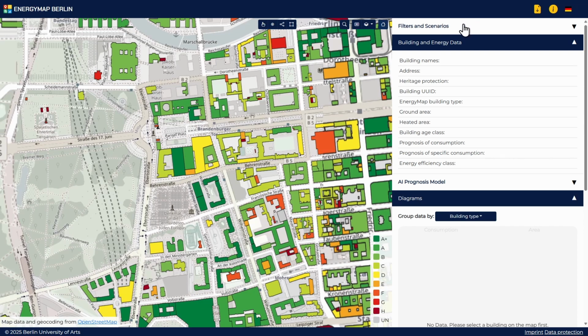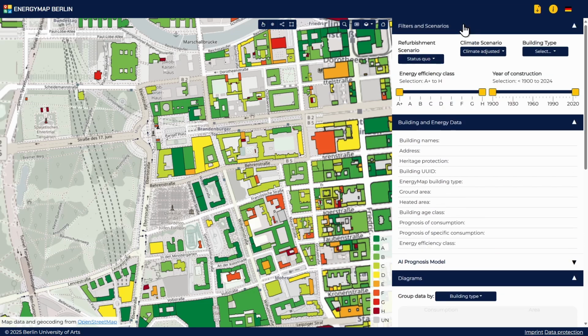First, expand the Filters and Scenarios section. The drop-down menus for refurbishment scenario and climate scenario affect the base dataset of the map. If the map is shown in the energy efficiency class style, you can observe the impact of different scenarios on the building stock. The climate options RCP 2.6 and RCP 8.5 refer to greenhouse gas concentration scenarios from the IPCC's